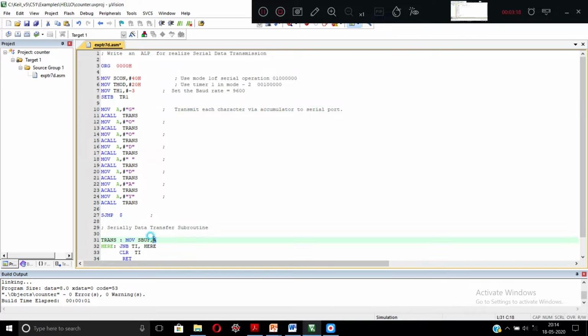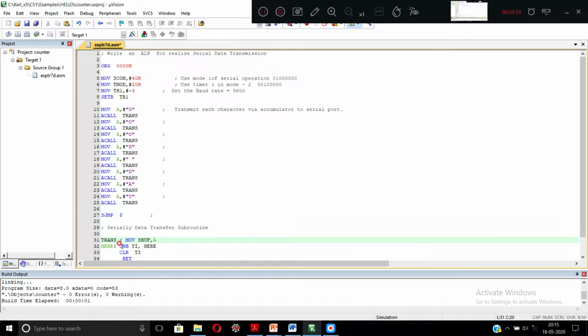The content of A, G, is copied to SBUF, since in the previous laboratory we saw that all transmission and reception for the communication port happens through SBUF.